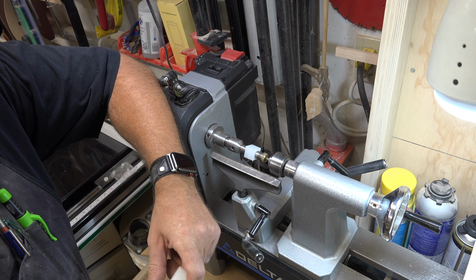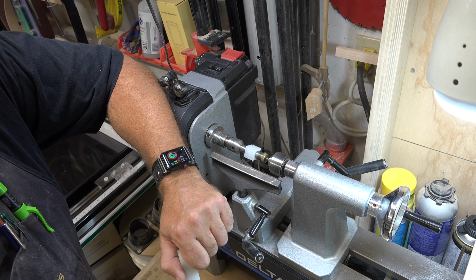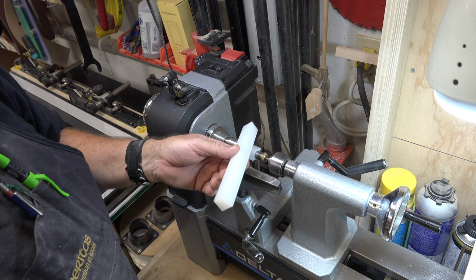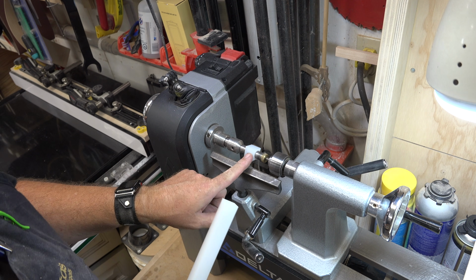So I've measured my starter pin and measured the threads, and mine happens to be 1/4 threads. So what I have is some UHMW plastic. This is just a scrap offcut. I usually have some of this kicking around in the shop. And I've cut off a length